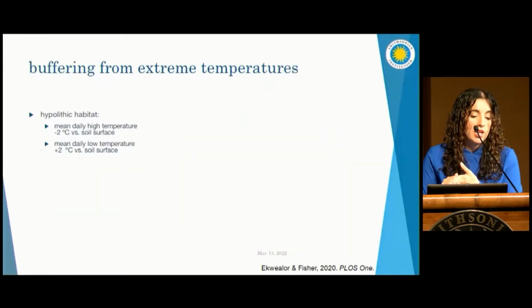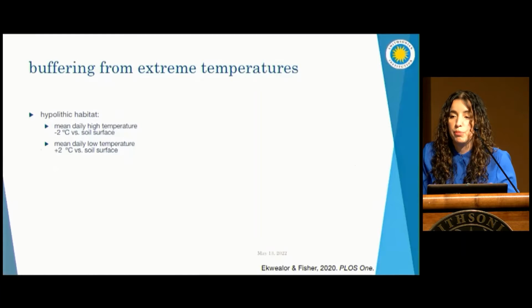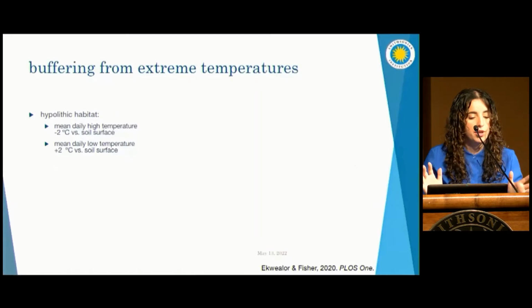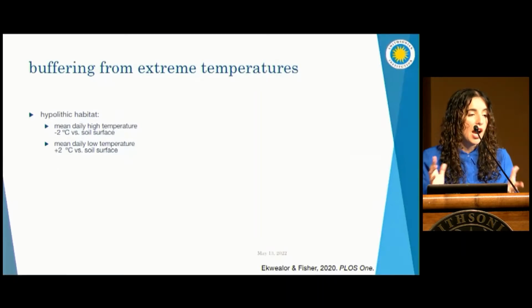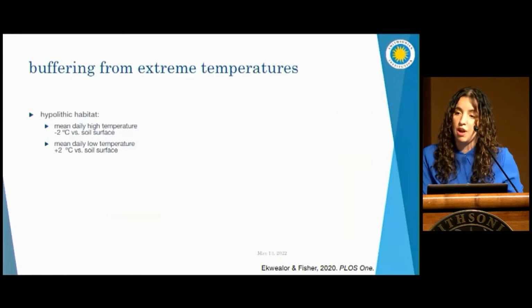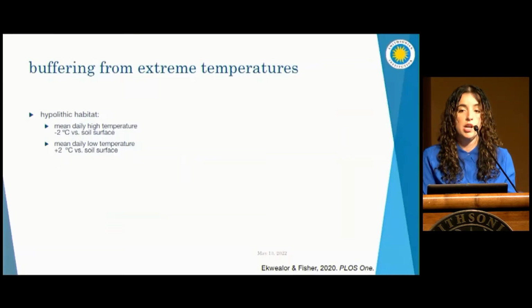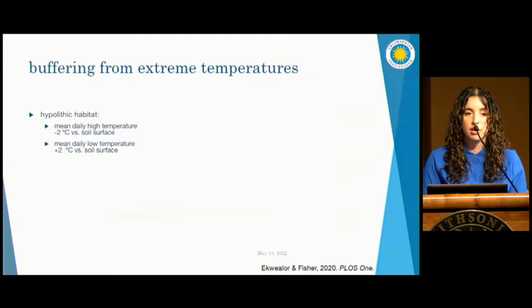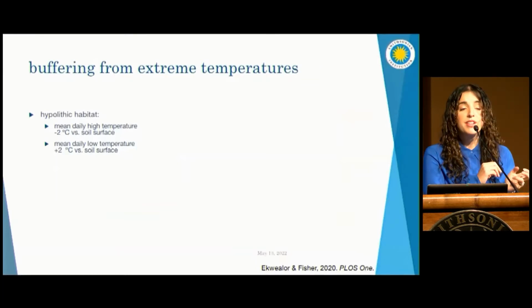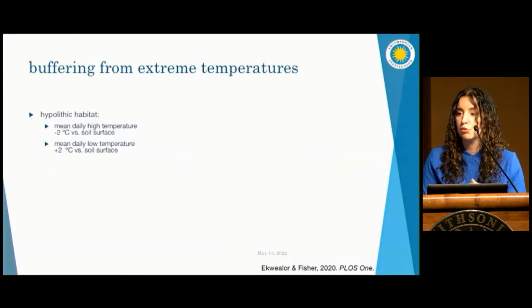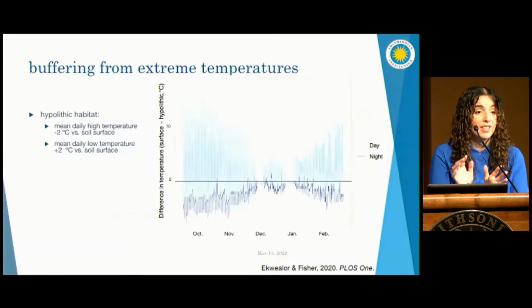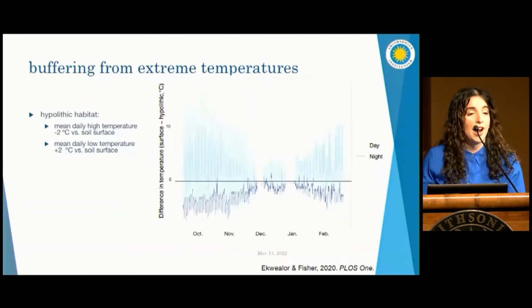So I looked at the temperature data to see if I could help answer that question. And on average, indeed, the daily high temperature under the quartz rock was 2 degrees Celsius cooler than the soil surface next to it. And the daily low temperature was 2 degrees warmer under the rock. So it didn't get as hot during the day, and it didn't get as cold at night, which both are important in desert habitats. But since I collected this data every hour for these months, I can do much better than these averages.